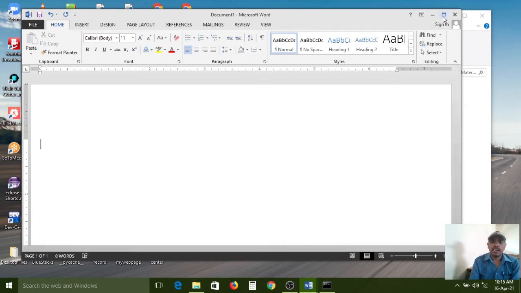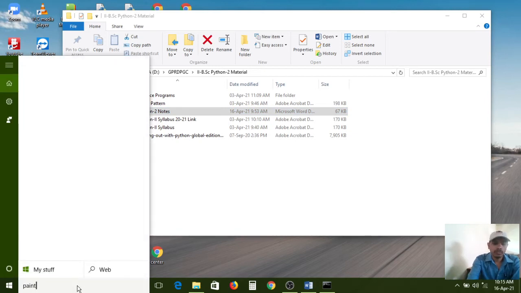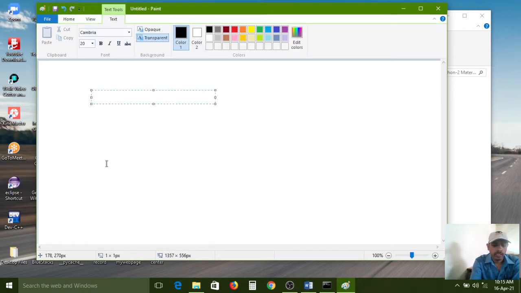For your understanding purpose, I am opening the Paint window. I can explain diagrammatically. So here I am creating a list: 10, 20, 30, 40, 50, 60, 70, 80, 90.